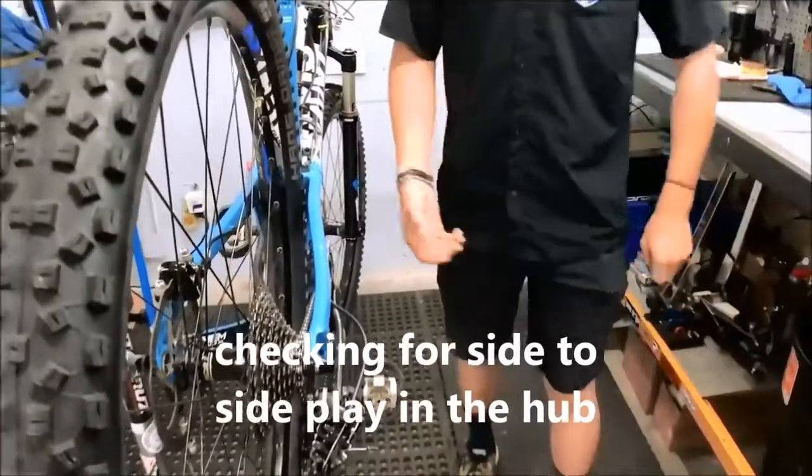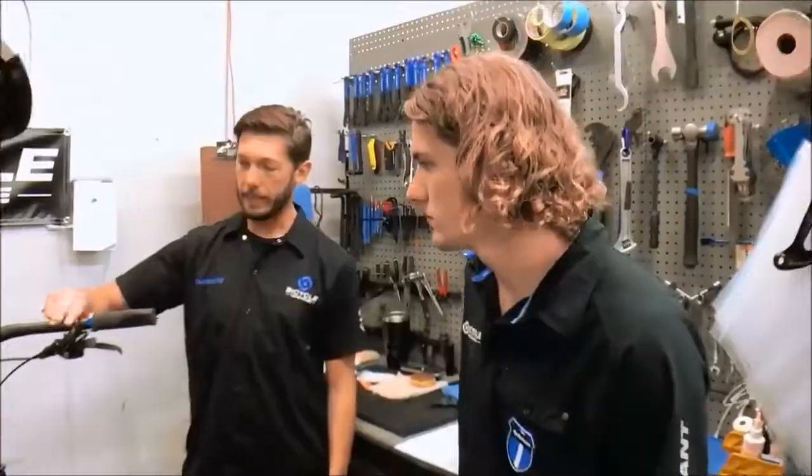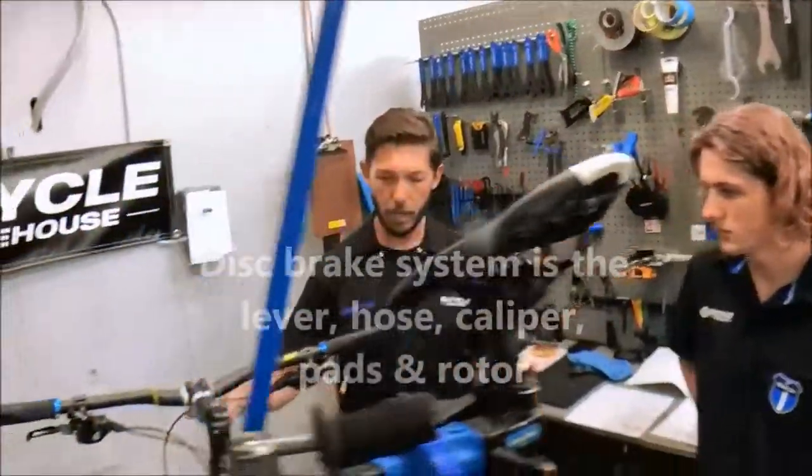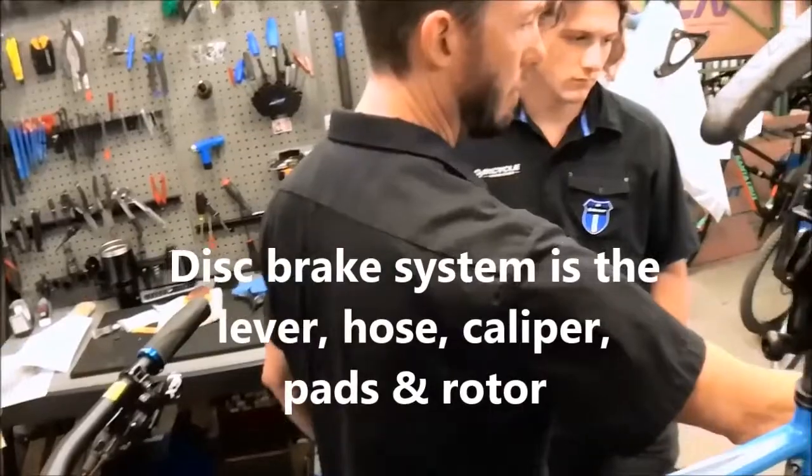Does that feel fine? Pretty good, right? Yeah, you'll notice right off the bat there's a little bit of play in there. Then it was, I said, the lever, the brake hose, the caliper, the pads, and the rotor, and then how